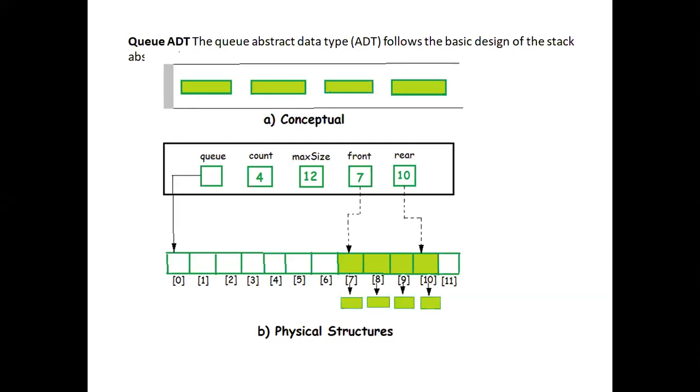You can see in the screen. Conceptually, what does a queue mean? If you go to a railway station or a movie, how will the queue be there? You can see here, a queue is maintained. The first person who entered the queue will get the ticket first, and he will be out first. So simply, in one word, if I want to explain the queue, it is nothing but first in, first out.